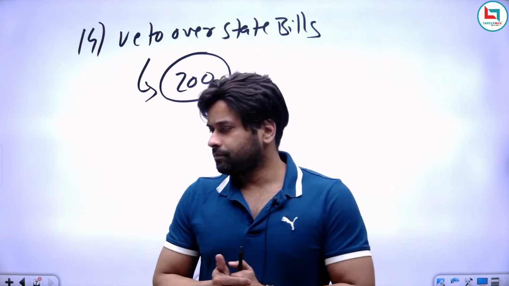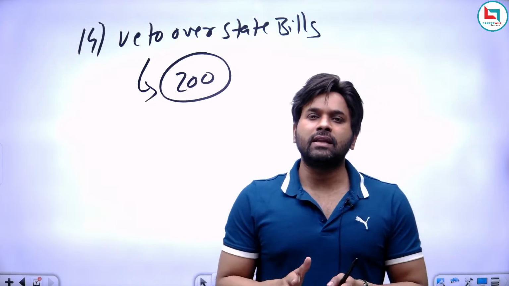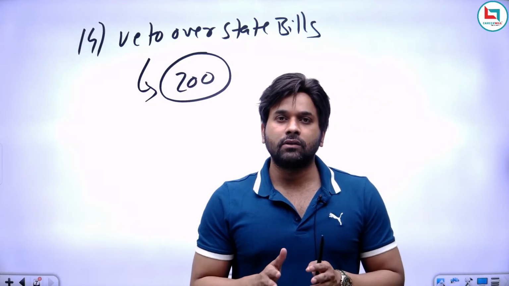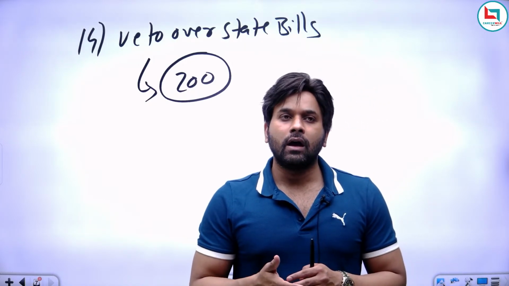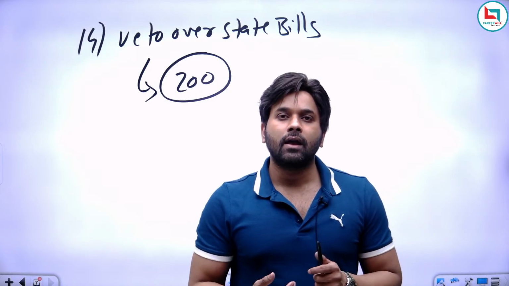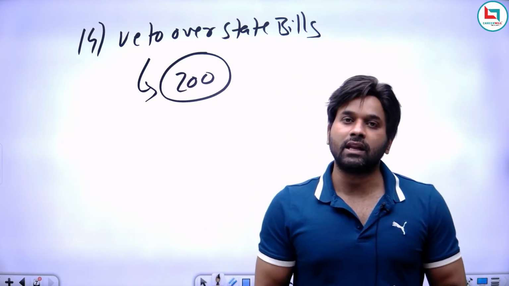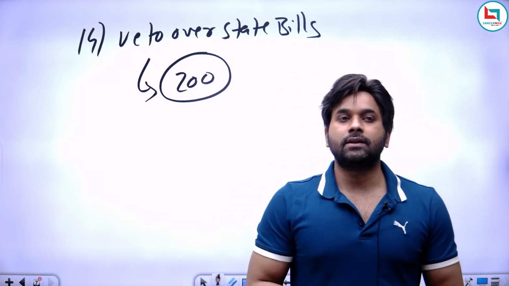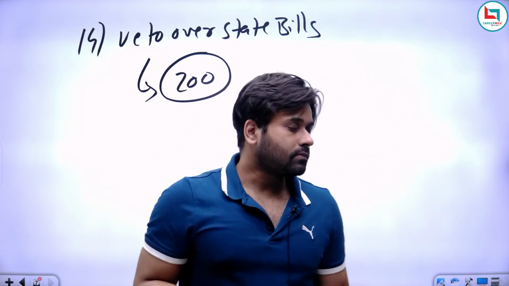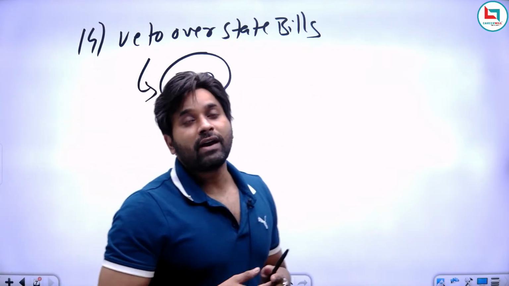Okay, so I just said it the opposite way. It is the central government that is going to take the decision on what should be done on the bill. It is only through the president that they communicate the decision to the state government. But yes, under Article 200, the governor has the authority to reserve any bill for the consideration of the president. Okay, so these were the unitary features of the constitution, and now finally we are done with